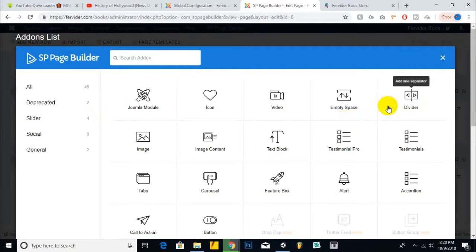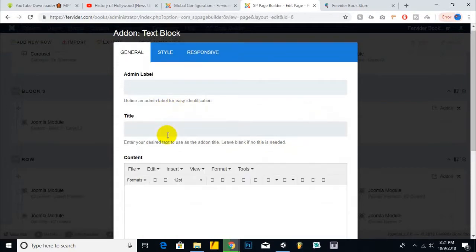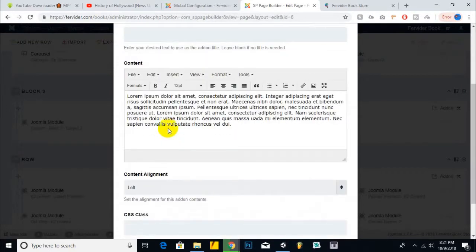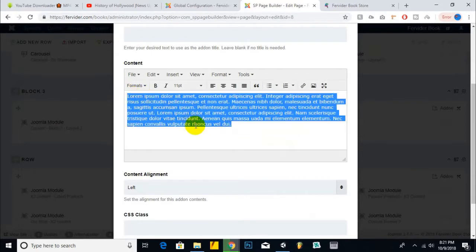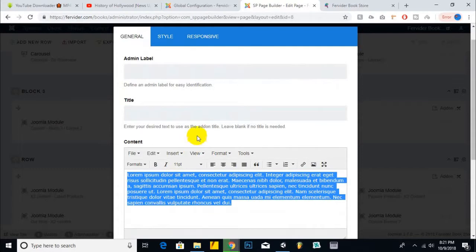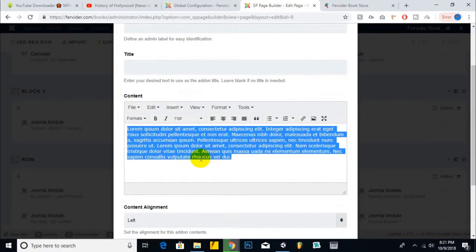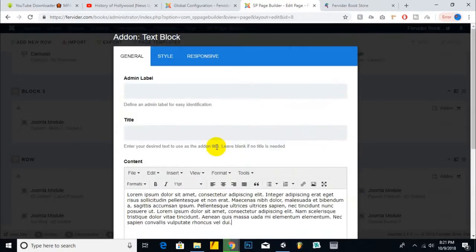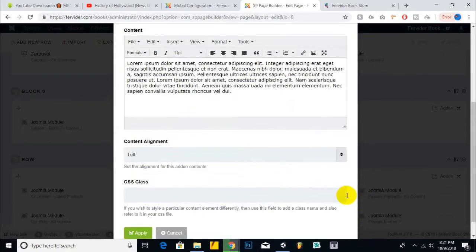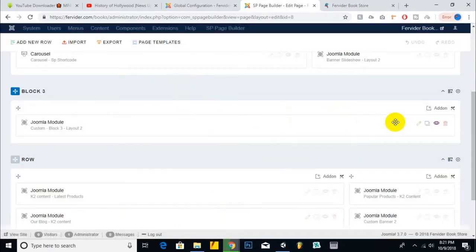and here we will add some text block, or we can add a Joomla module also. So actually the text block we can't use because the text block is just showing the text version, so we need actually the code, so we can't use this one. We can just cancel this, and